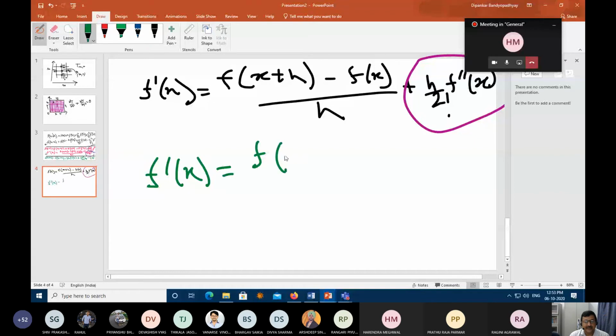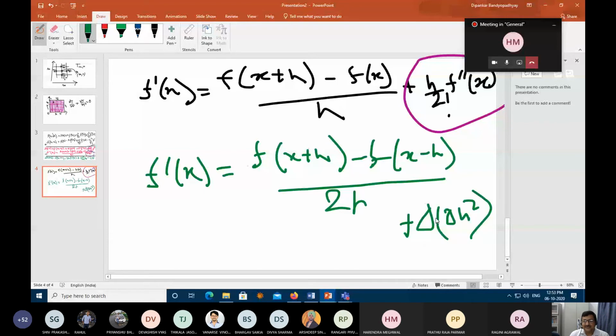f of x plus h minus f of x minus h divided by 2h, and the term that is remaining here, after dividing by 2h, is of the order of h square. So this is a derivative which is second order accurate. Whereas if I take straight away from the Taylor series, I get a first order accurate one. If I do a little bit of mathematical jugglery, I can really get a second order